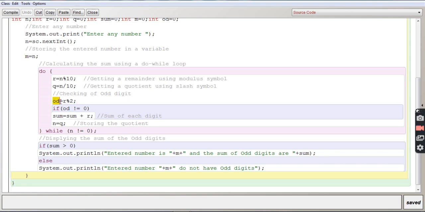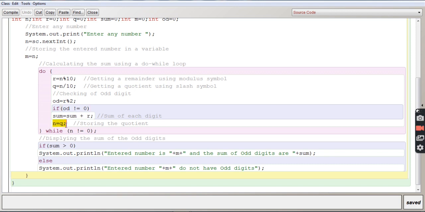So the remainder will come in OD, and that OD should not be equal to 0. If it is not equal to 0, it will go for the addition of the odd digit: sum is equal to sum plus R, the sum of odd digits.